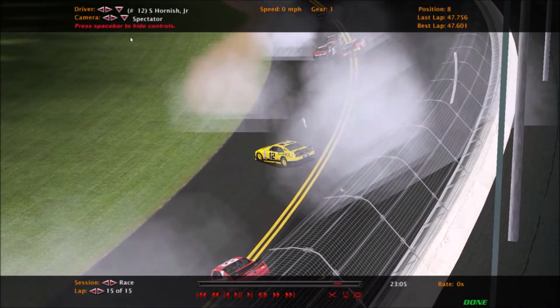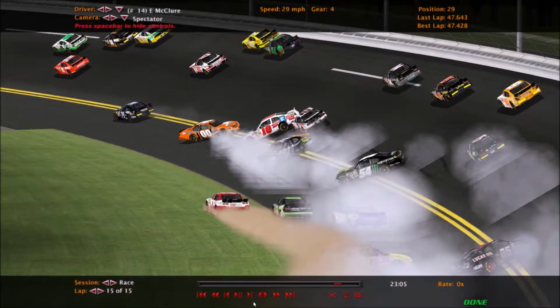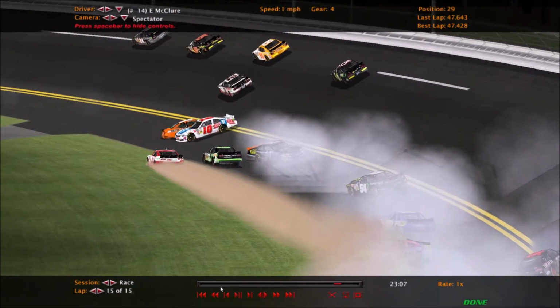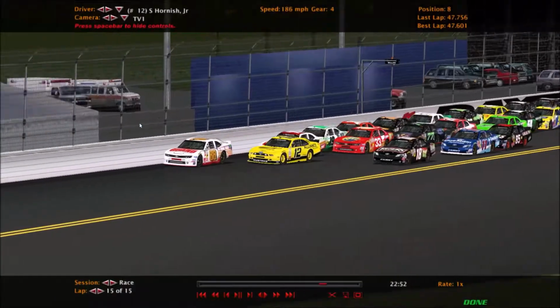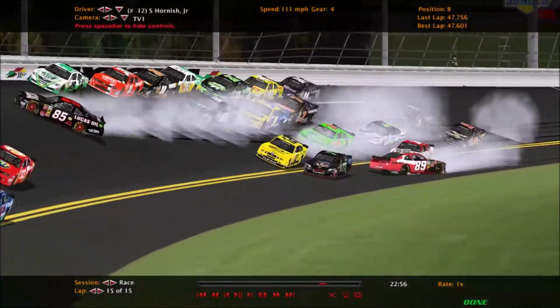Arnsdorf gets hit by the 60 car. Look at all this carnage up here. Still happening. We'll go on board with a few drivers first. If Eli Bright gets spun, this whole wreck is different. This whole race is different. Eli gets spun down possibly into the...